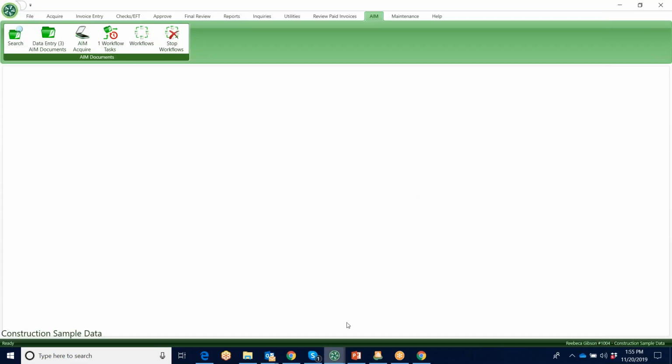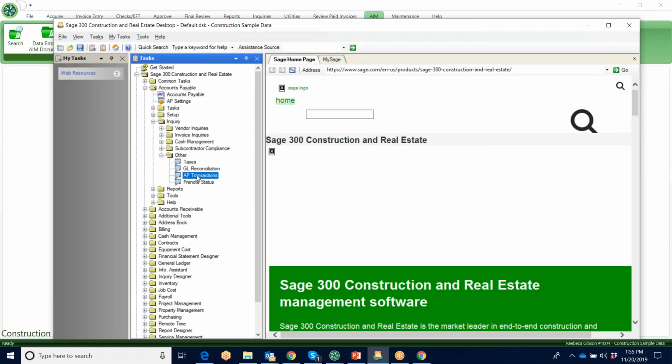So as I mentioned, the process for selecting those invoices for payment is going to be the same. Once those invoices are paid, you can come in here to this checks function, and this allows you to attach the check image to that invoice packet that we talked about. And once the check image is attached, if we come over here to Sage, and look under our AP transactions here as an example,